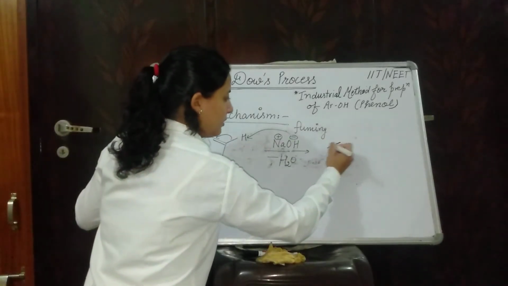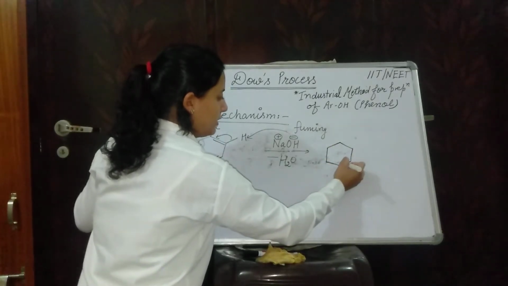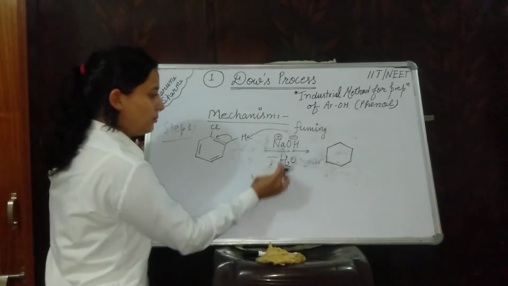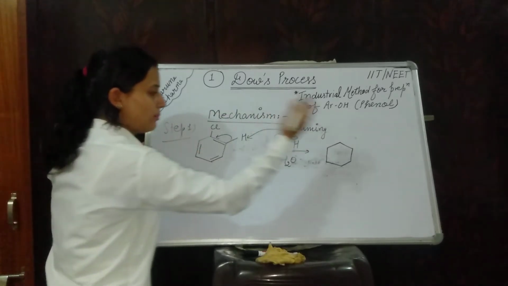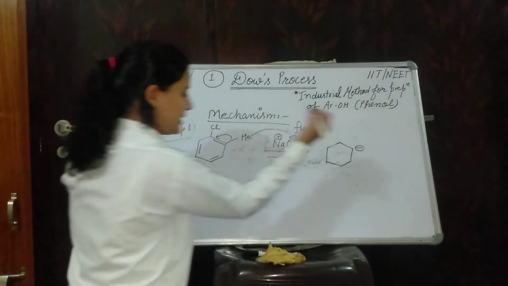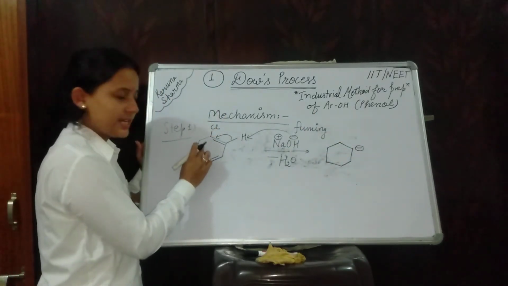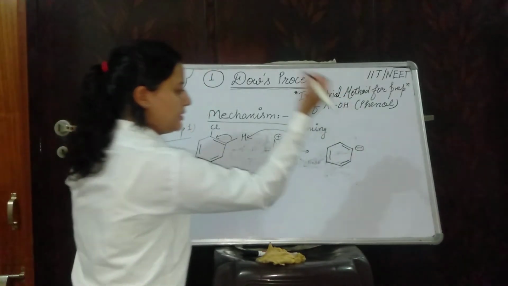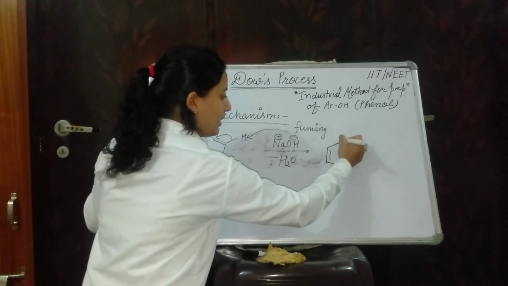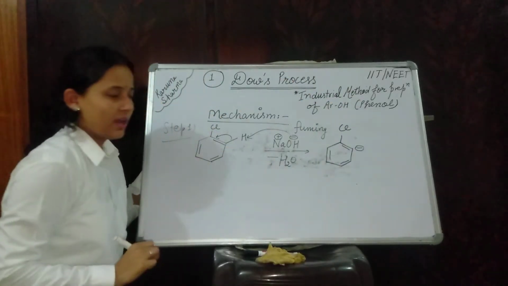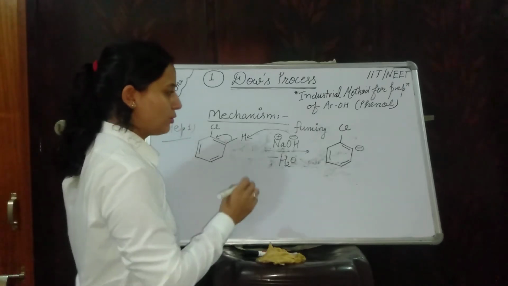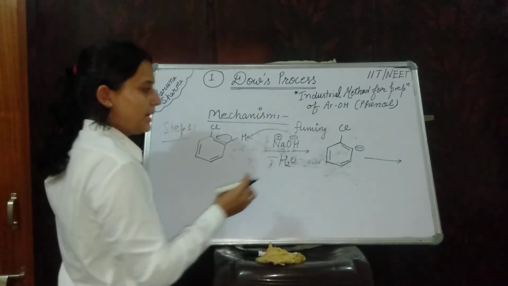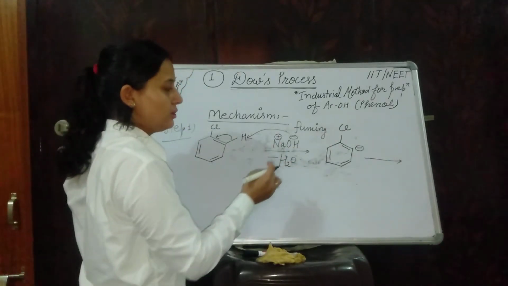Now we are reaching the next step of the molecule. What will be formed? Removal of water molecule and electron density shift to the carbon atom, generating a negative charge here, and no reaction takes place at this carbon and this carbon respectively. That means the bond formation is the same here, and here is chlorine. As you all know, chlorine is a good leaving group, thereby it will be removed from the system and it will leave from the benzene group.